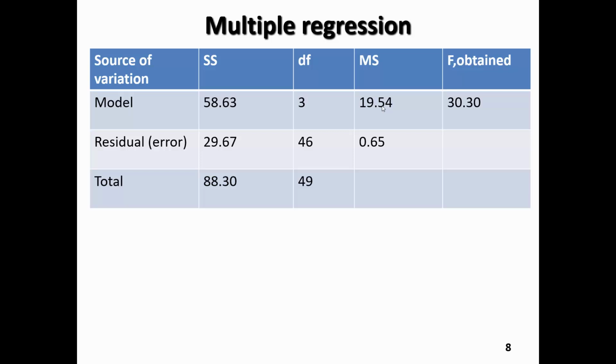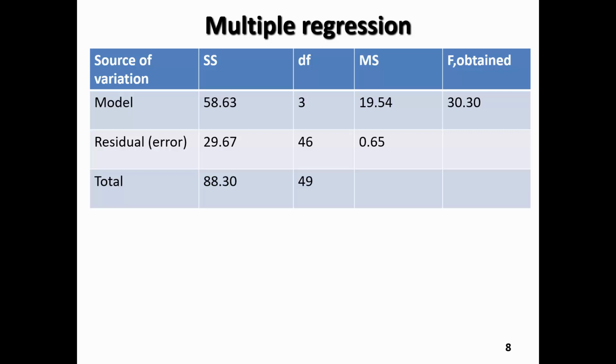So we see that the variance due to the model value of 19.54 far exceeds the variance due to the residual, or the error term, that difference between the actual data and the predicted value of 0.65. So that gives us an overall F value by dividing the model variance by the residual variance, gives us an F value of